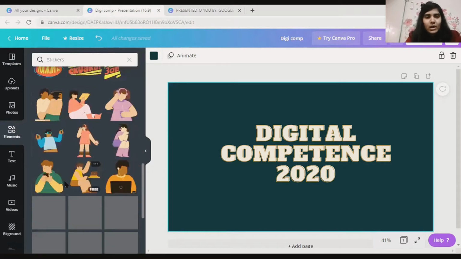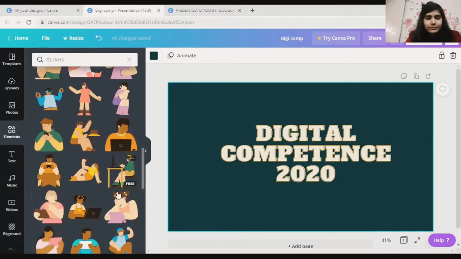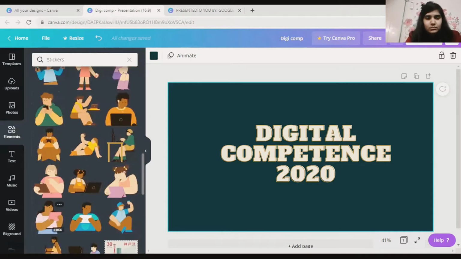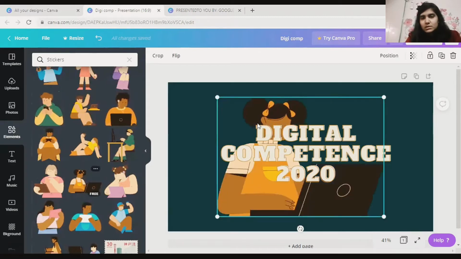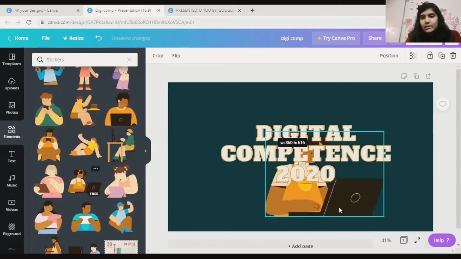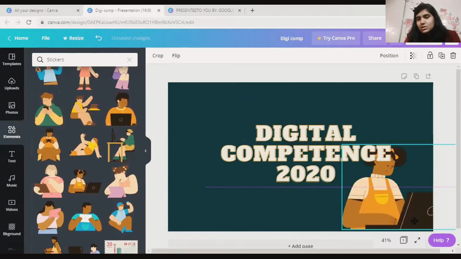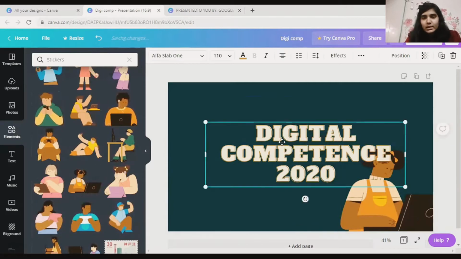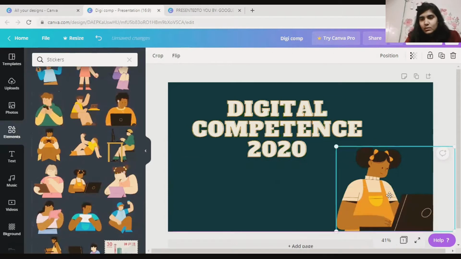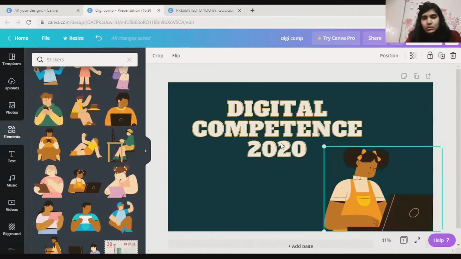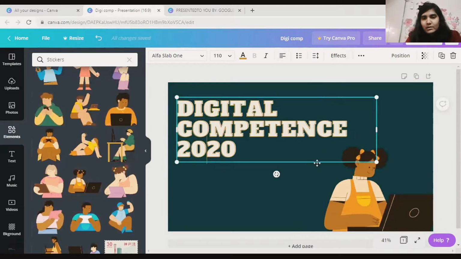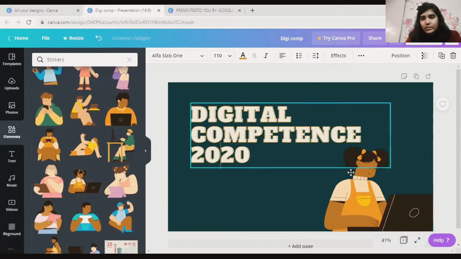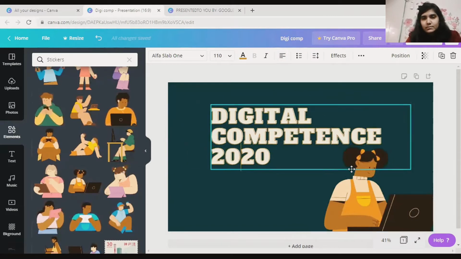Okay, for now I will just use this one because it is suiting my theme. So I'll just use this sticker, right? According to that, I will also change my text format, right?